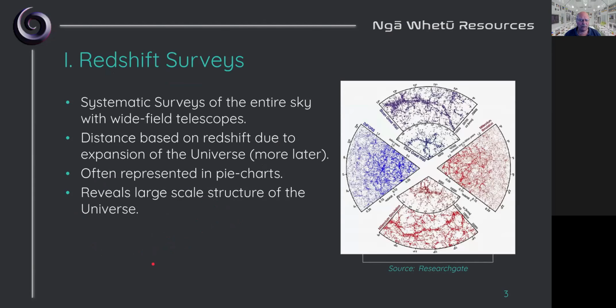Okay. They call them redshift surveys because redshift is a measure for distance. We will talk about that in detail later because that's in the cosmology part. The point is that we cannot simply talk about distance anymore if the universe is expanding as it is. So we need to redefine these concepts. And redshift in the deep universe has a completely different physical origin than the redshift based on the Doppler principle